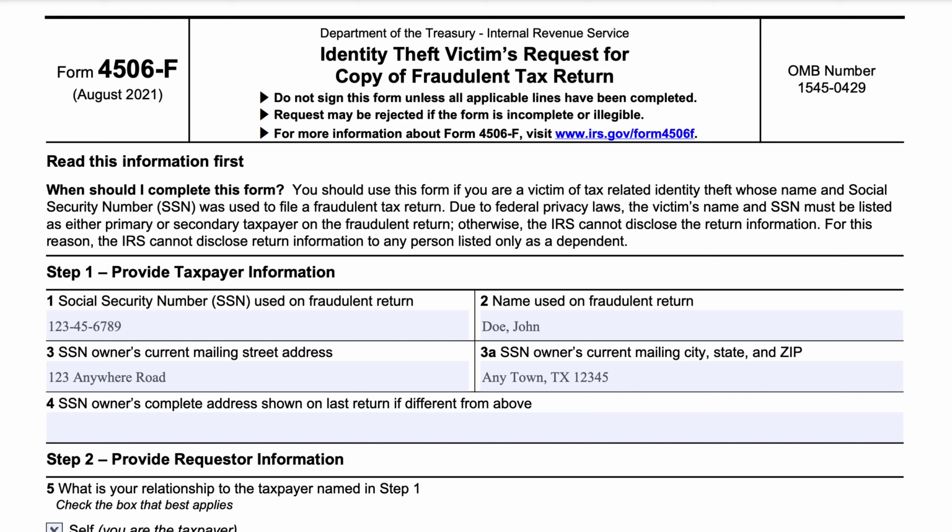Most reputable tax preparation firms will educate you on this process. Be mindful of people that actually try to take over that process for you.